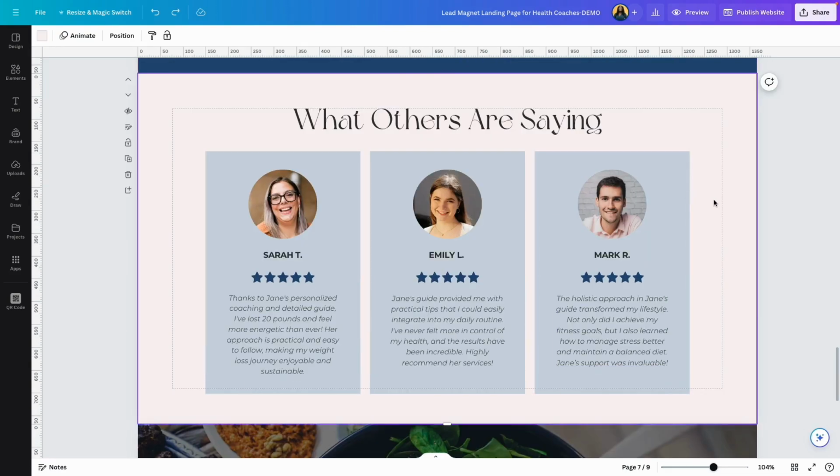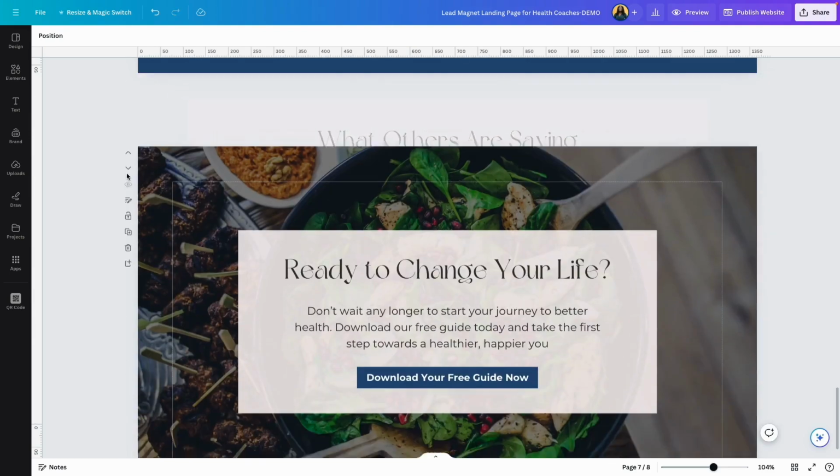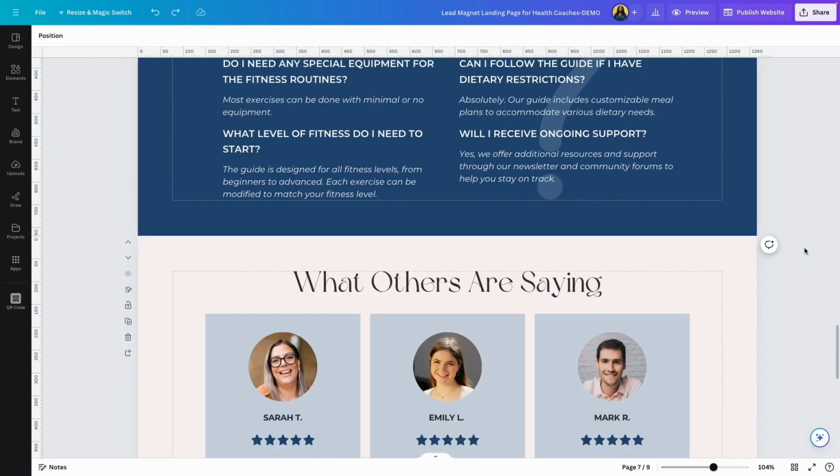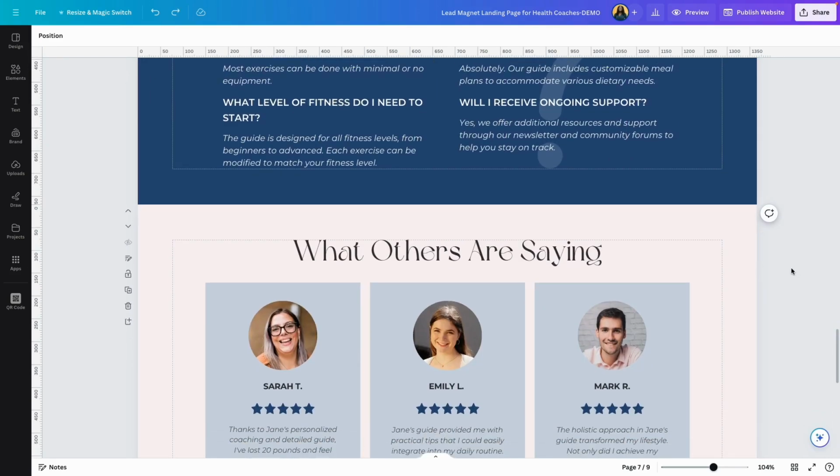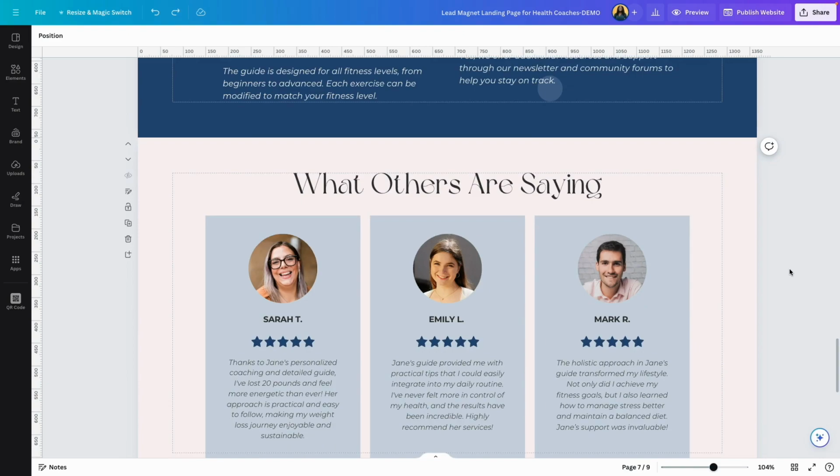And here is where you would add your testimonials. If you don't want to use this because you don't have testimonials, you can delete it. Just remove it by clicking on delete, and the template still works fine. If you don't want to delete it, you can also just hide it. So if you don't want this to be displayed, but maybe in the future you might have testimonials, click on